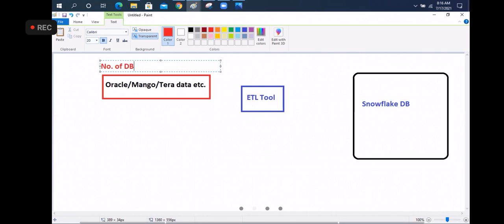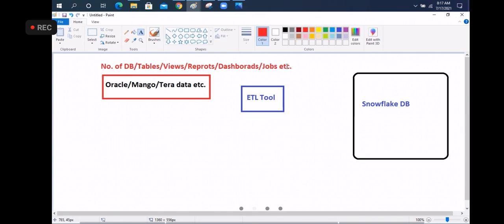the number of databases, number of tables, number of views, number of reports, number of dashboards, etc. They have to investigate first. They have to dig into the system and verify if there are any jobs running, everything they have to investigate. By looking at this, they will get an idea